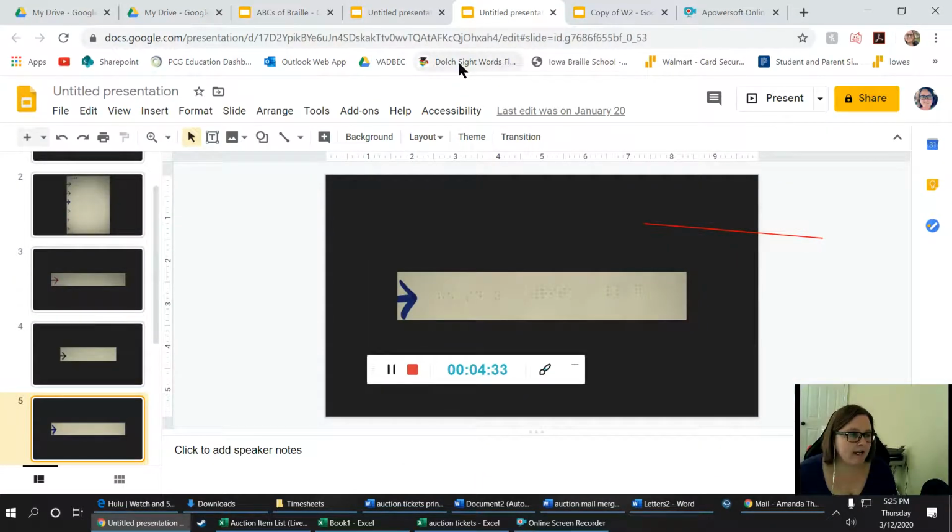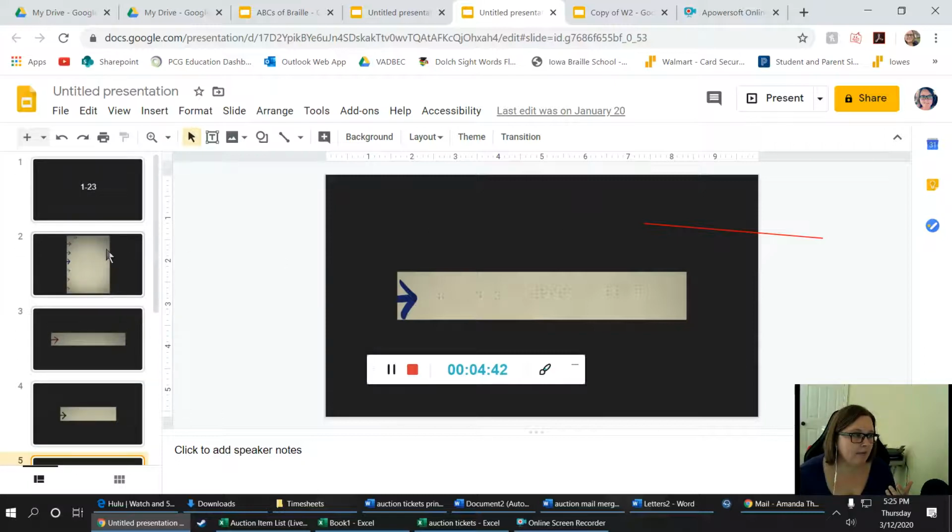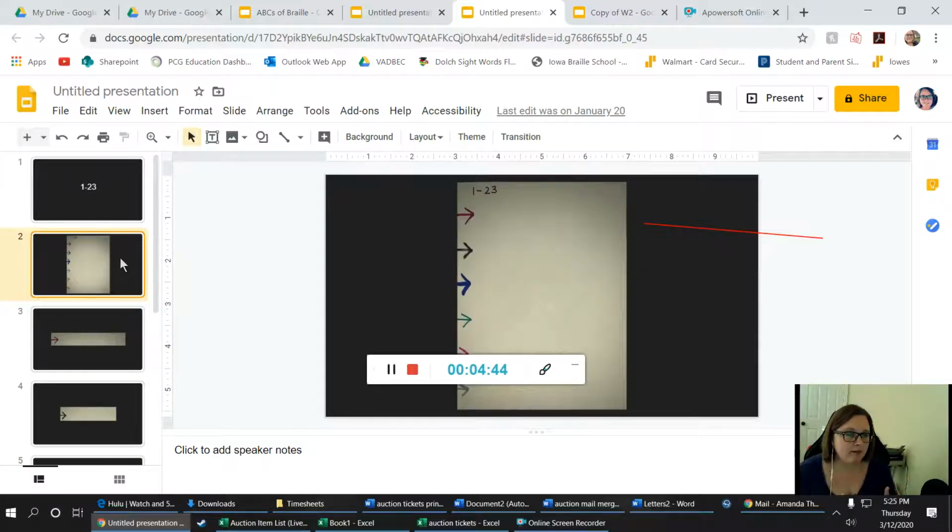So on the screen right now, you have it probably zoomed out because you're accessing my whole screen, but I sometimes will record readings for my students where I write short stories or just practice sentences for my students, and then I will color code them because this particular student has low vision, or sometimes I'll put a tactile sticker so that my student can keep track of where